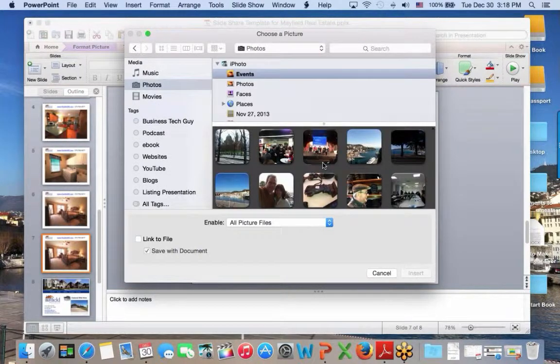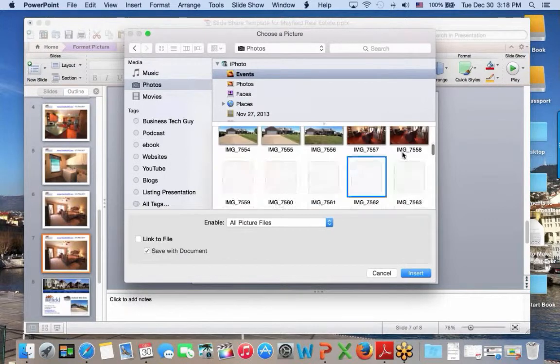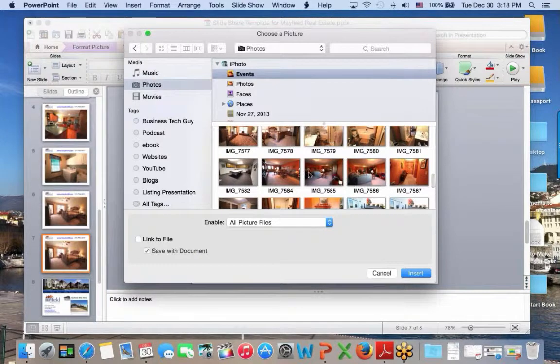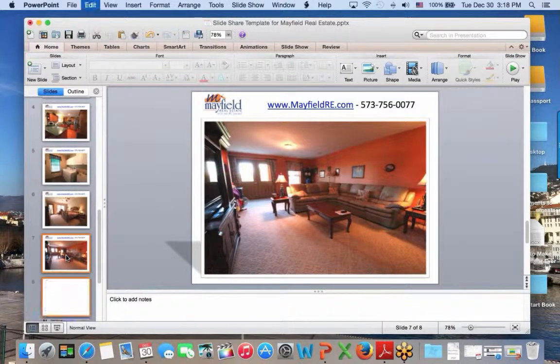So go down to that photo, because I can re-upload this a little bit later. Now, if I hit the escape key, see the picture's still highlighted here. If you hit the escape key, it takes away the four little dots. Now I can do Command D or Control D, and it will give me